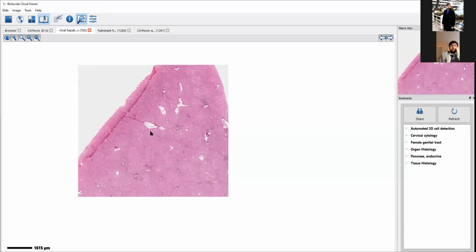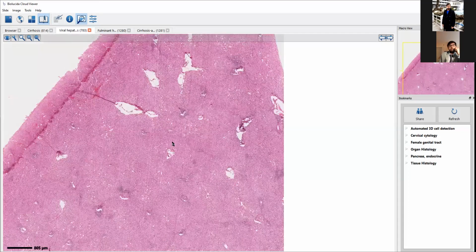What is the most obvious thing you can see here? In chronic viral hepatitis, you cannot make out any of the fibrotic, you cannot make out any separate lobules. Why? Because there is fibrotic bridging. There's a lot of damage, right? Now, what I'm going to try to do is to find some level of continuity here.